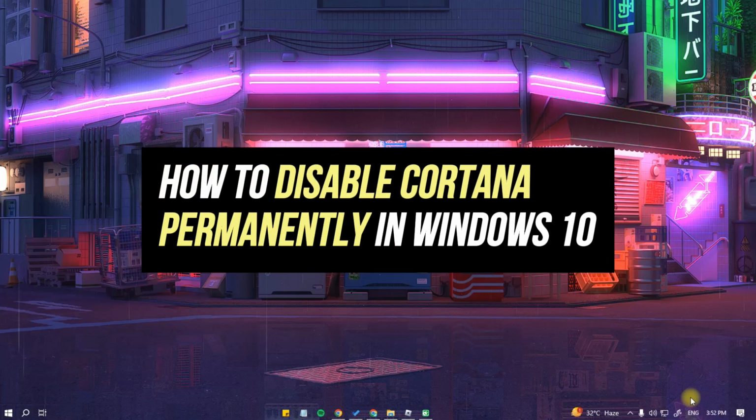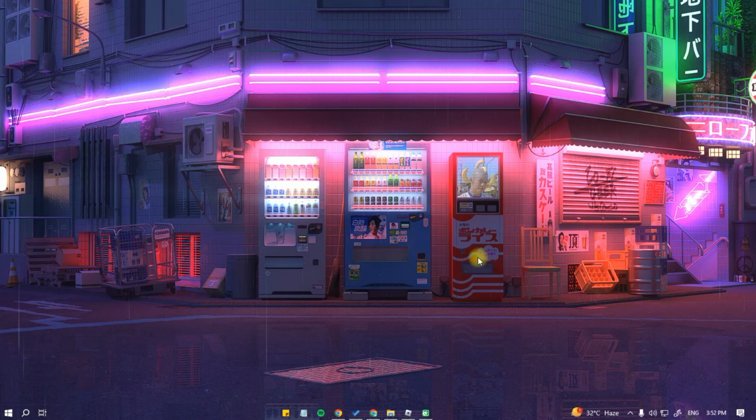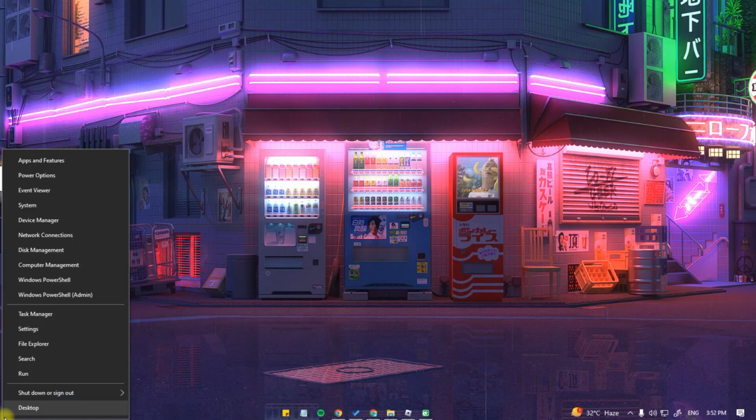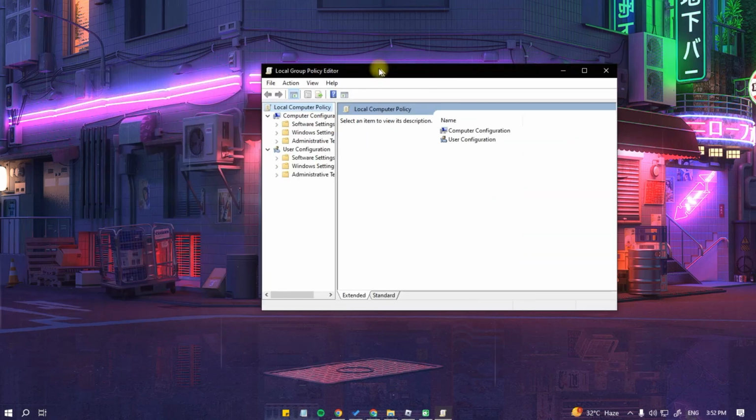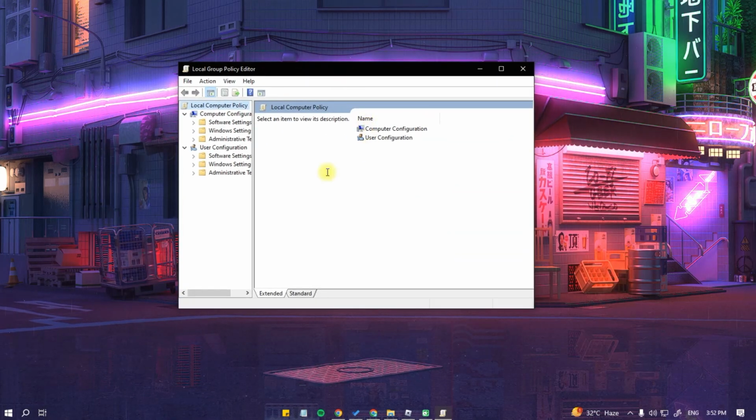Hey guys, today I'm going to show you how to disable Cortana permanently in Windows 10. First way would be to right-click on the Start or Windows icon right here and click on the Run option. From here, we are going to type in gpedit.msc. Once you have typed that in, just click on OK, and this window on Local Group Policy Editor should